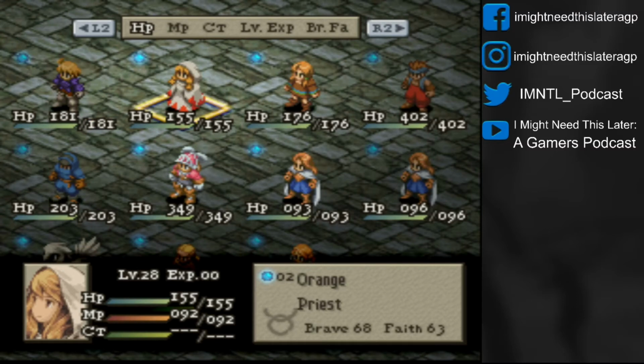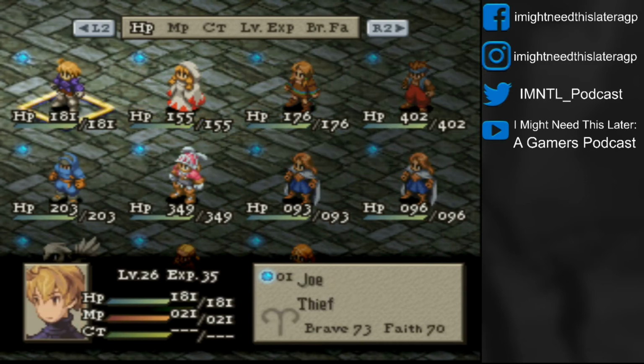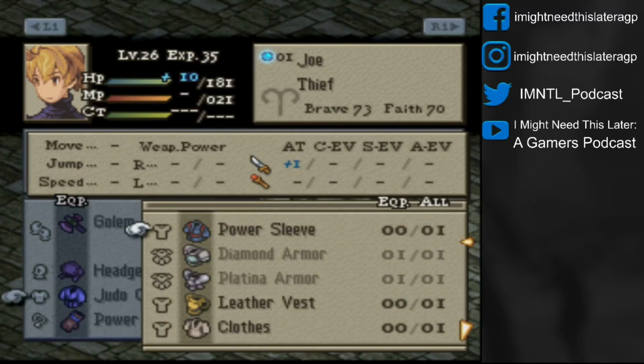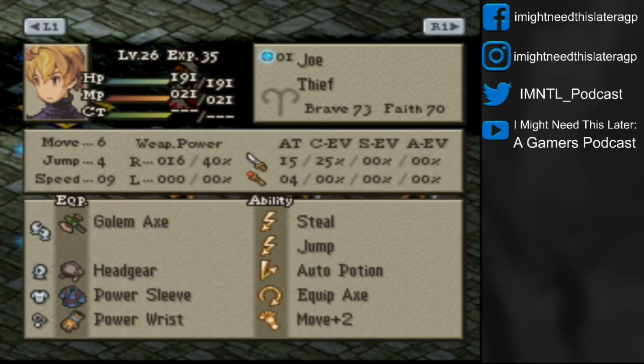All right, and we are back. So we changed the party around a little bit, kind of swapped our 2 casts around, but I'll show you what we've done. So we've made Joe, he's still a thief with steal and jump. You'll notice that he has a piece of headgear on, which is an early game item, but it was the only other item in my inventory, headgear wise, that had some AT on it. But we can put a power sleeve on, so that'll help out. Didn't see that in there. Okay, and then